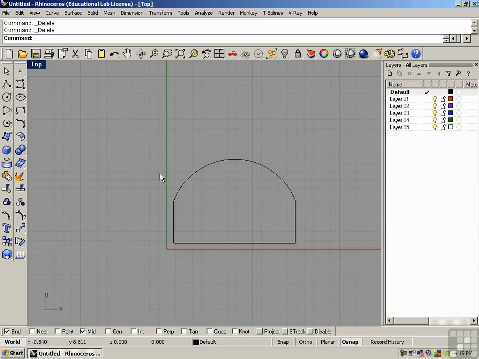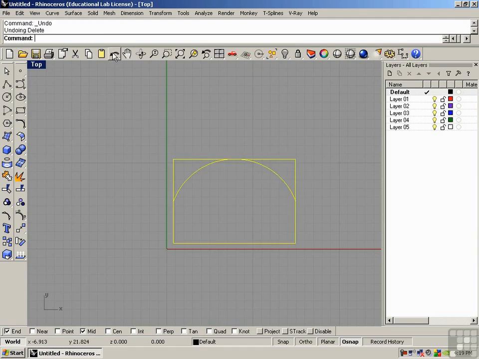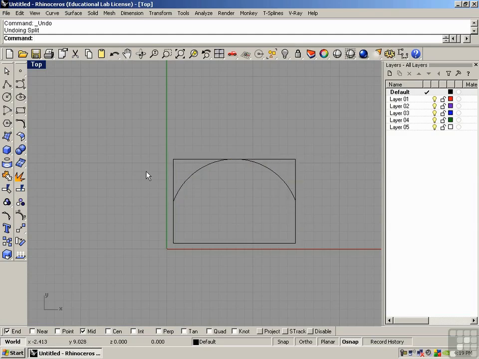To join them together, we use the join command. Click join. We're prompted for the objects to join. I'll select both, and now we can see 2 curves joined into 1 closed curve. If I back up here using the undo command, where the rectangle is 1 piece and we have an arc,